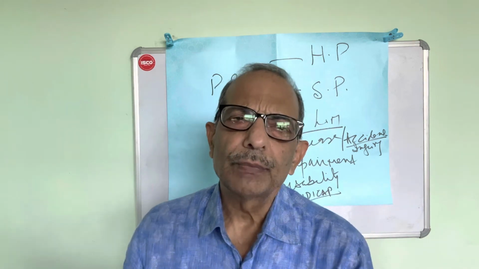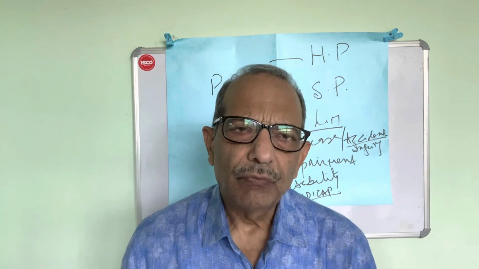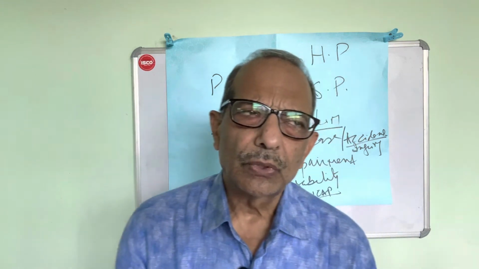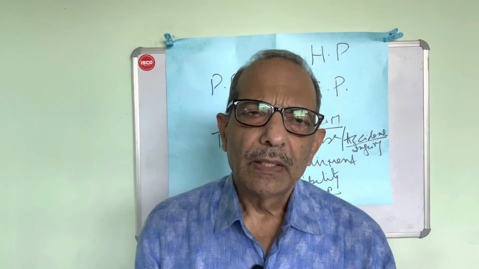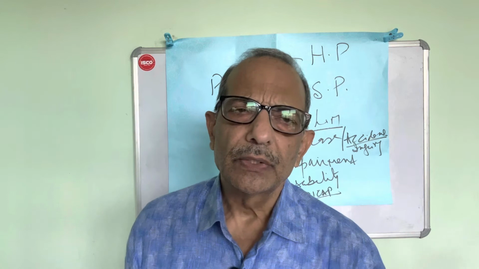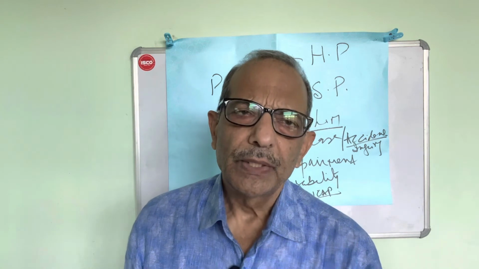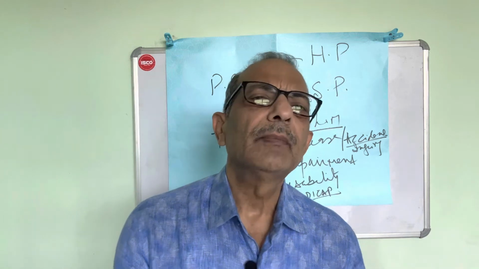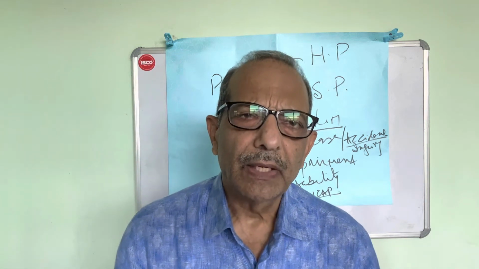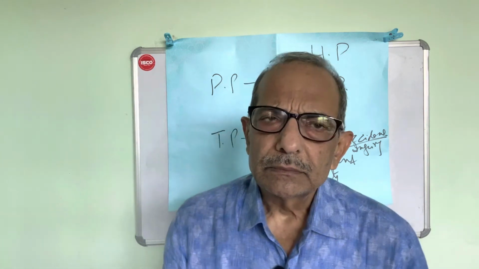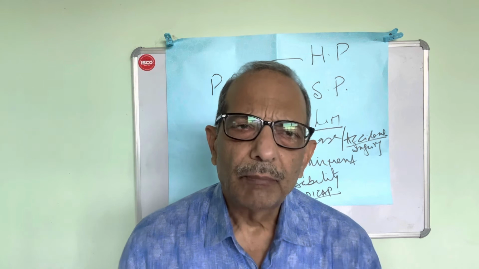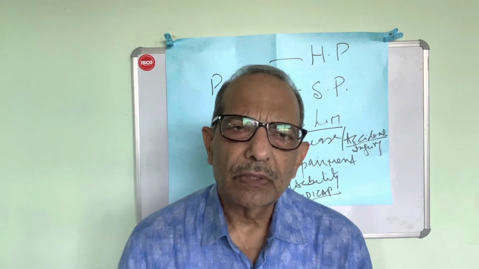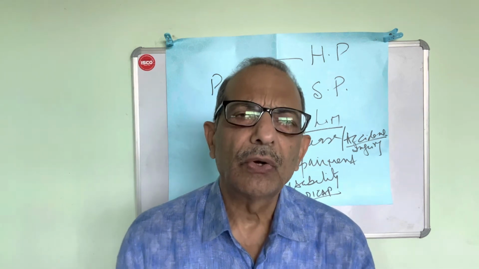So these 4 must be understood very well by you, because firstly they may ask what is the order. So order we know: disease, impairment, disability, and handicap. And secondly, they may give an example. They may give an example that let us say after my myocardial infarction, my ventricular functions or ejection fraction has gone down.